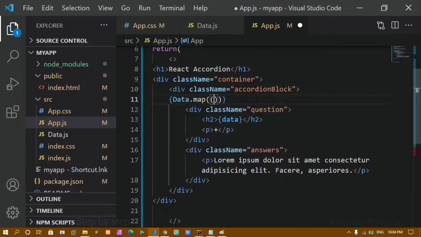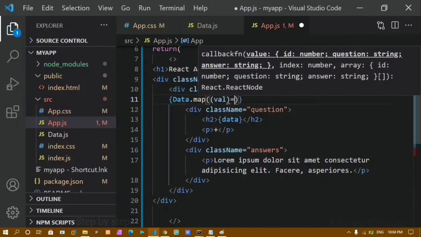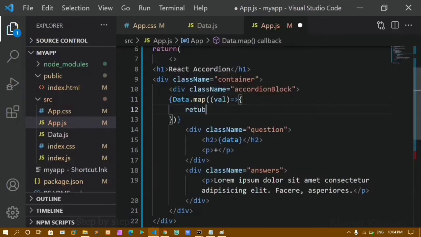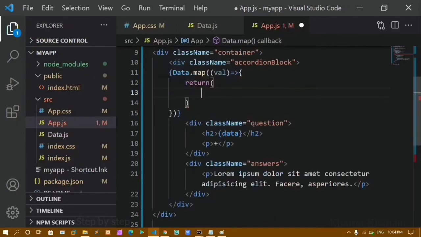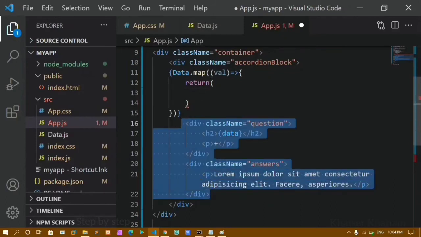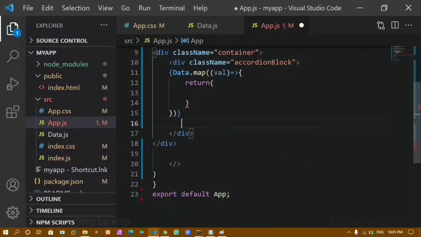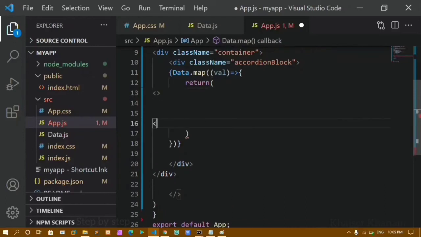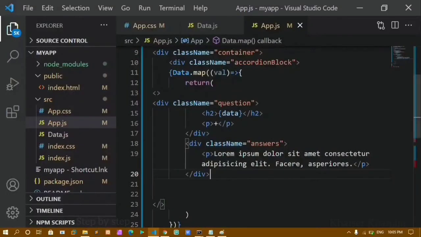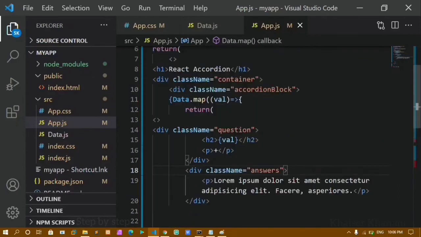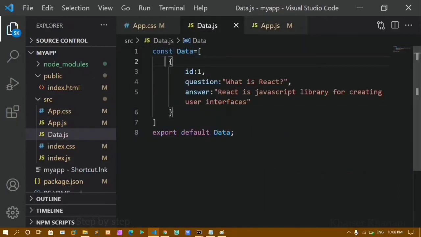I'll be using the map method, and inside this I'll just pass here values. Here I'll just return. Inside return, I'll just give this one. Okay, this entire div, I'll just copy this. I'll just cut from here, and here inside syntactic sugar form, I'll be pasting that one here. I'll save this. Now if I refresh this, you can see I don't have anything now. But here instead of data, this will be having all the current data, so I'll be pasting that one. This value will be having all the current data. This is my first data.